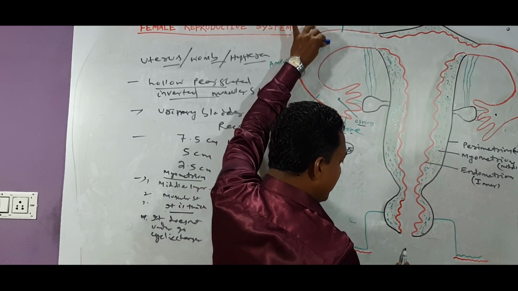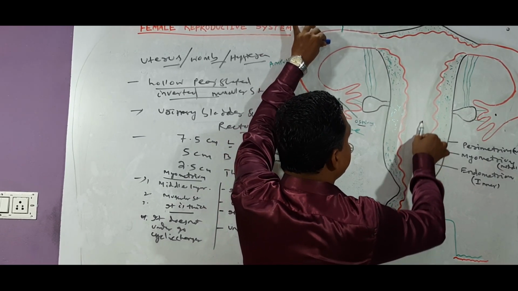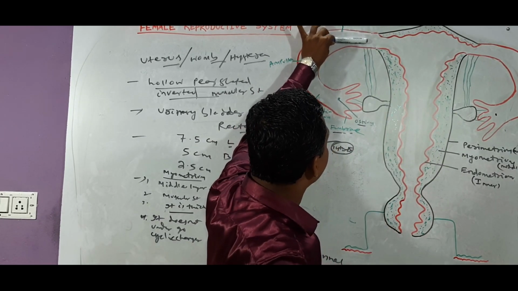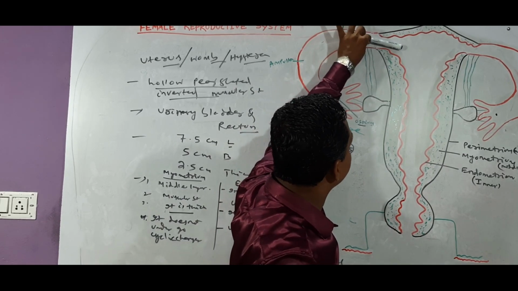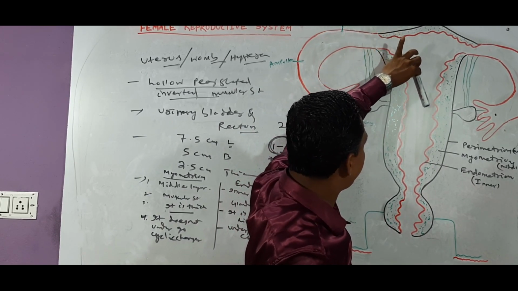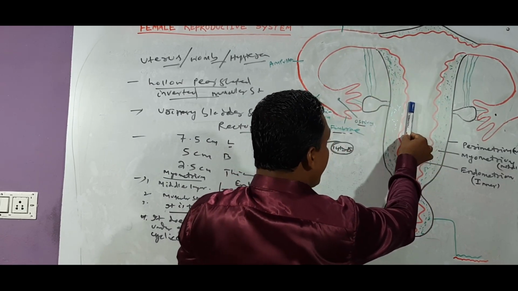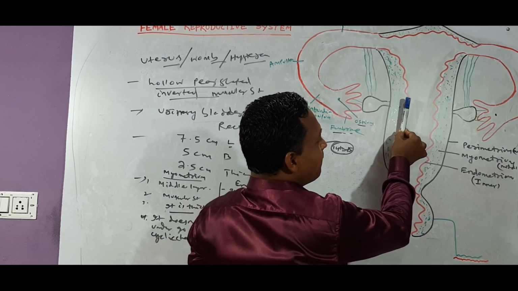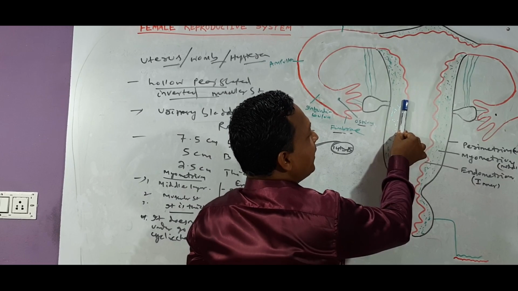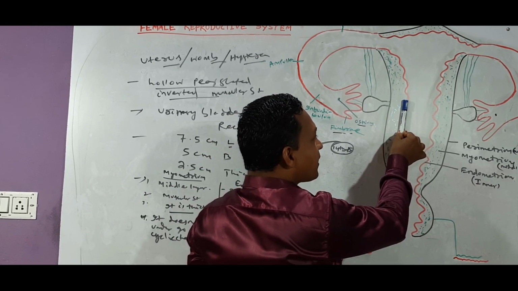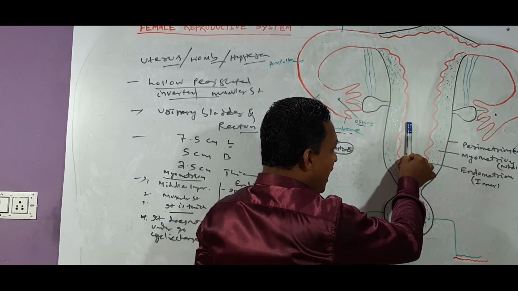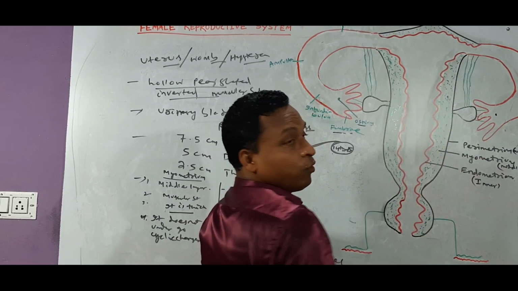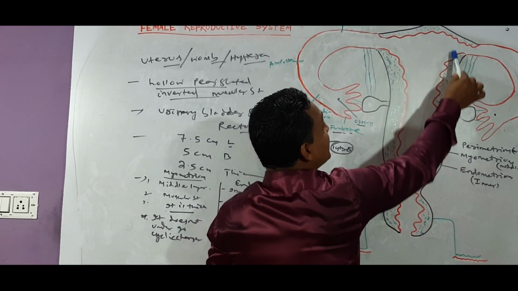After copulation or sexual relation, the sperm comes out in this way, and fertilization takes place. That means it is a zygote. And this zygote slowly divides and produces morula and blastula. This blastula comes to the inner layer, the endometrium. And in this endometrium, this blastula develops into a baby, which comes out by baby birth. That means the complete development of the embryo to baby takes place inside the uterus.